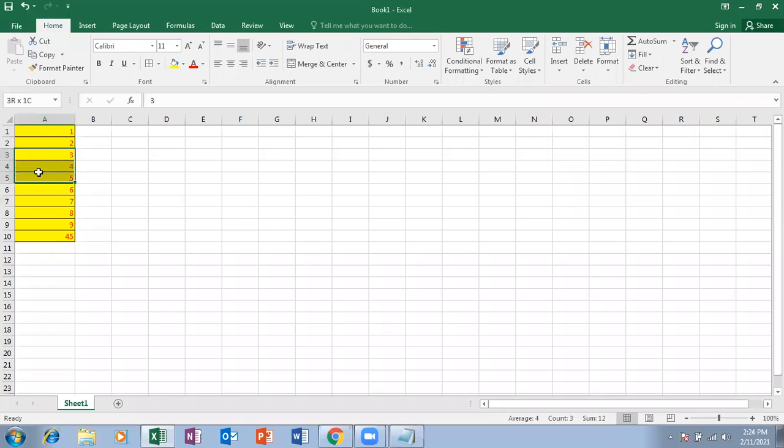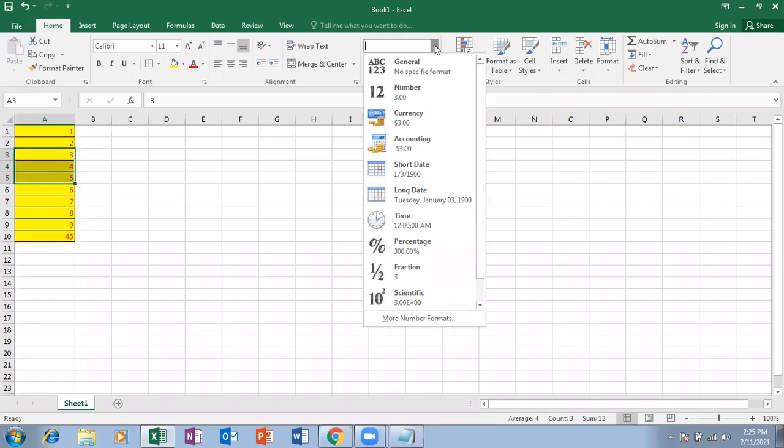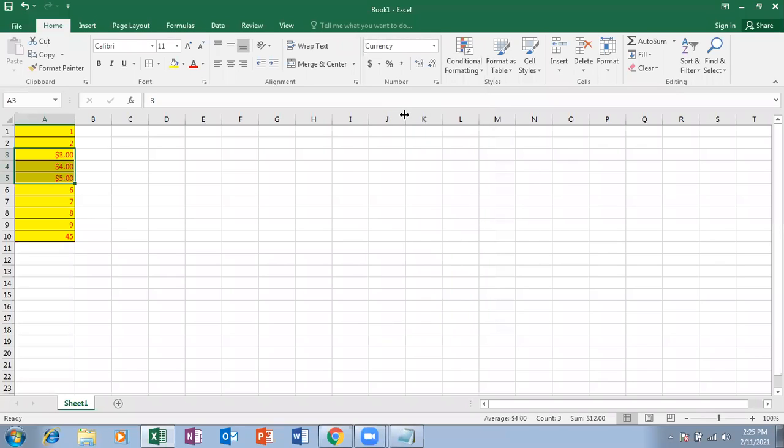And then finally I'm going to select some 3 cells, for example 3, 4, 5. For those 3 cells, I'm going to change the formatting. Actually, it's general formatting which it is showing here, right? This one. So now I'm going to make those 3, 4, and 5 currency format. 1 and 2 are general, 6, 7, 8, 9 are general, the 10th is also general, which contains the formula, and 3, 4, 5 are in currency format.